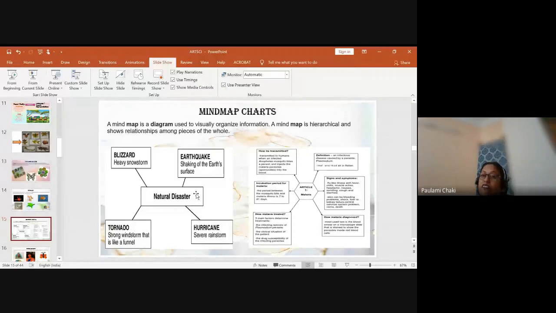Then in grade 10, we have chemical reactions and equations where different chemical reactions, combination reaction, decomposition reaction, redox reaction, displacement reaction, double displacement reaction, all they are studying. Now, each of these reactions is very unique. But when they study it, they get it all hodgepodge. So let them make a beautiful mind map and study it as per the mind map, and see the retention will be much, much better.